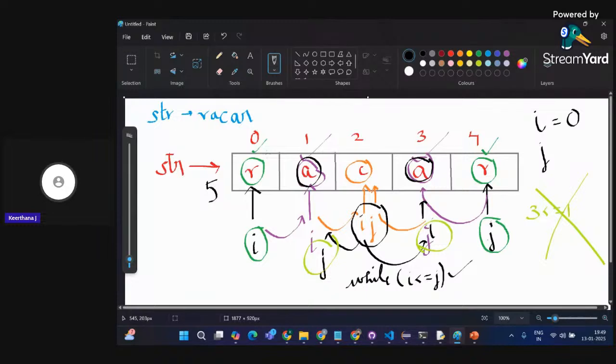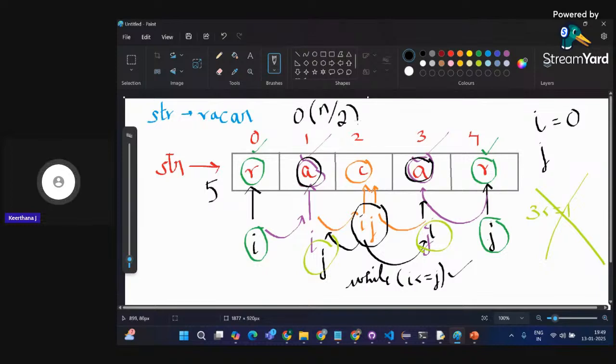So an optimized code is one where you have less time and space complexity. You have to use minimal memory allocation in your computer, and your runtime must also be minimal; only then is your code said to be an optimized one. Normally when I'm going to reverse and all, it will consume some amount of time complexity, right? So here I'm not going to check all the elements present in my array. I'll just be checking n by 2, so my time complexity is O of n by 2.